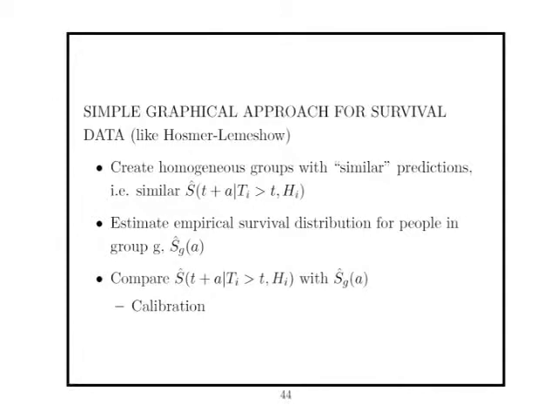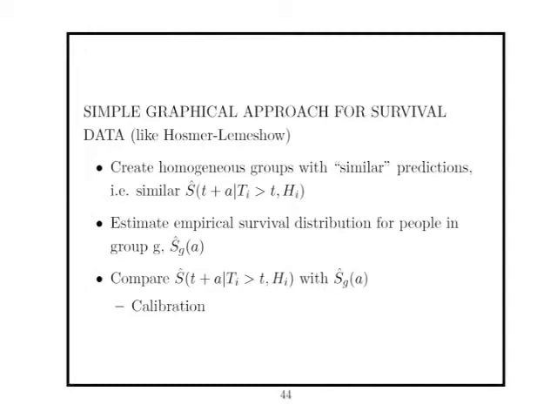Okay, so for the data I have, I'm predicting a survival distribution, a curve. Basically, I'm going to group people together who have similar curves and then see what happens to them in the future. Does it match what I predict? So I'm going to compare the group of people who have similar curves with what actually happened to those people.